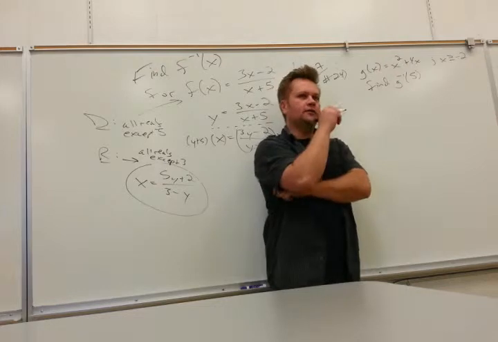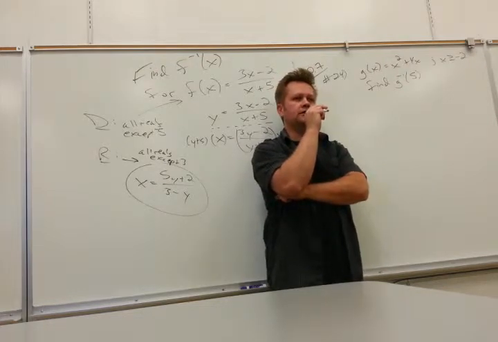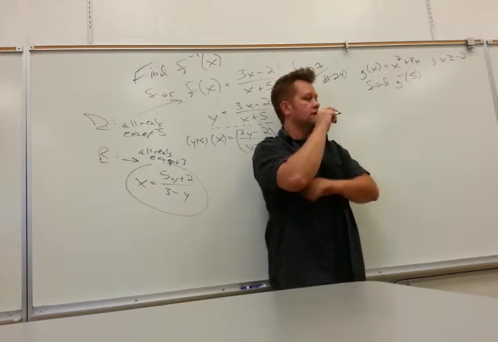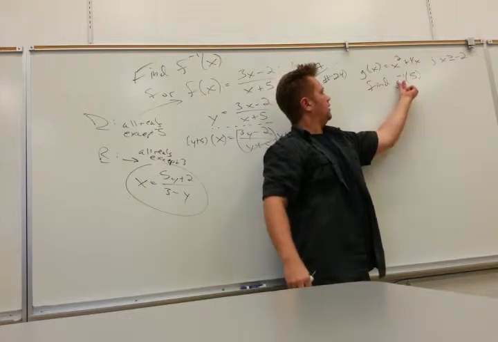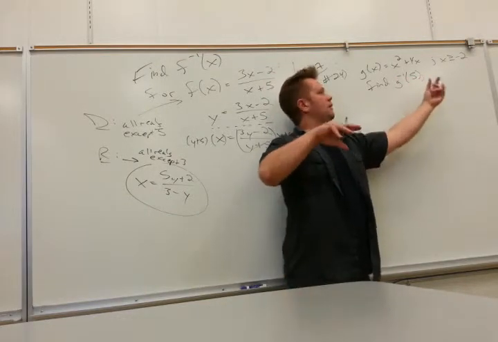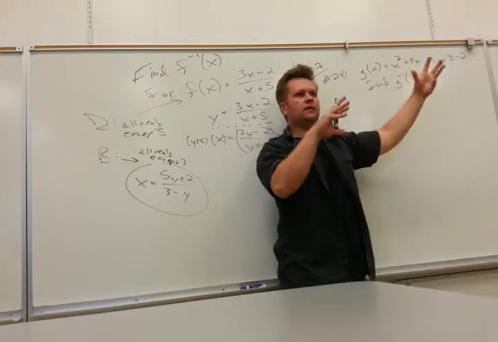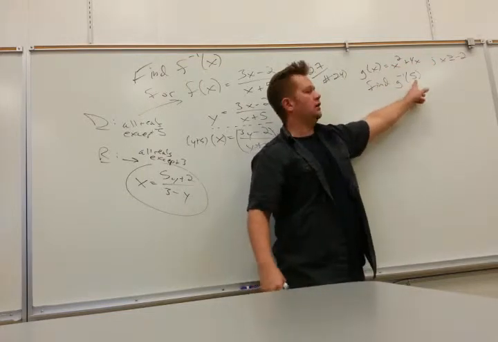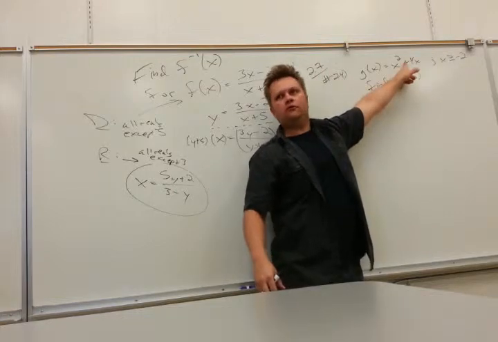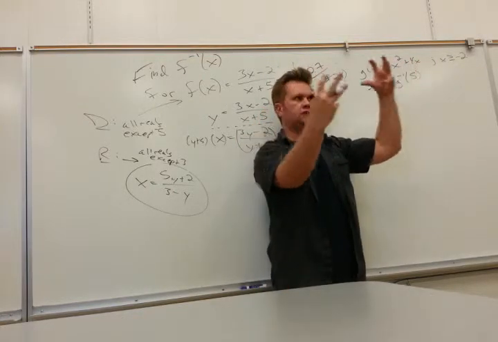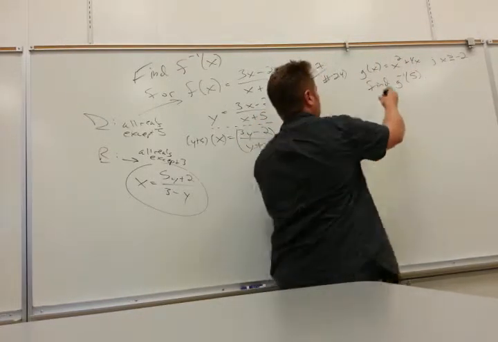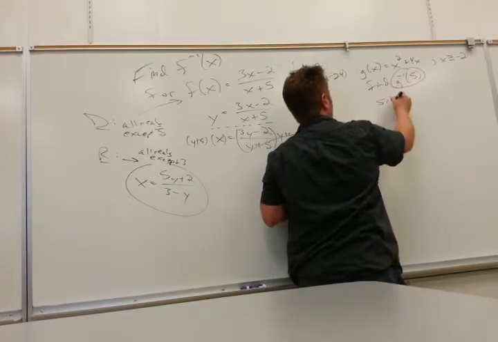There's another way that's much simpler, actually. If I'm looking for the input of the inverse to be 5, that means the output of this must be 5. That's the whole idea here, right? The input of the inverse is the output of the original function. You with me? That's the whole idea of inverse functions. So this means solve